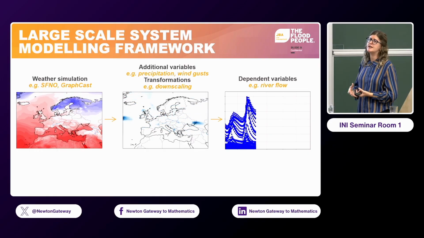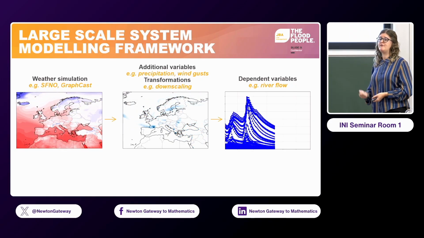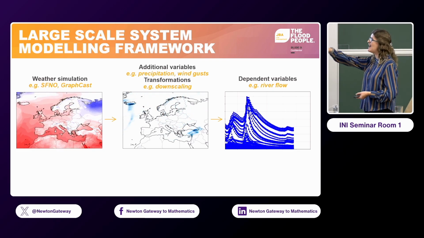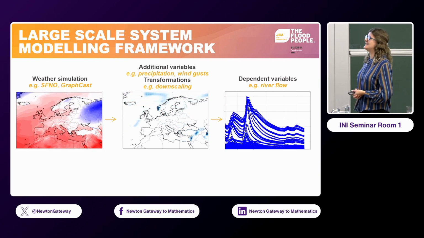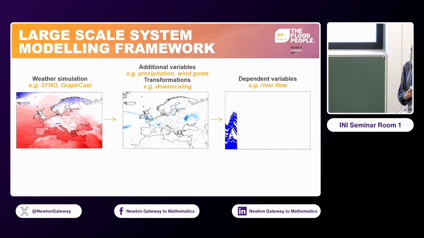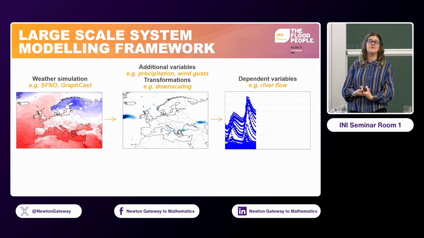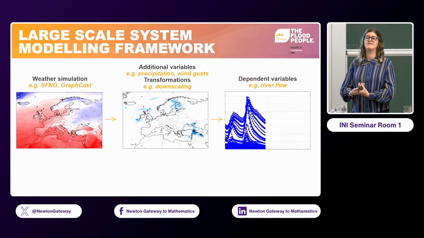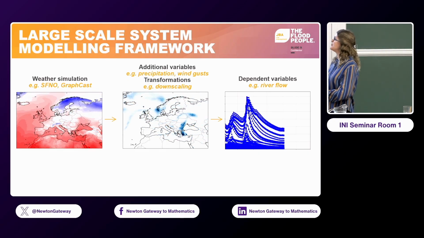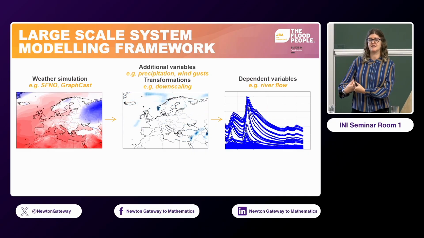And this just gives you a general framework for how we can then put that into a flood risk modelling chain. So you can have some sort of weather simulation, put in whatever one you're interested in on the left. One of the points that I will stand by from Doug's doom list is the fact that these models don't usually produce the variables we need. So for flood risk, precipitation is our key metric, and most of these models do not produce that. So we're going to have to bolt on some sort of diagnostic model that's going to turn those atmospheric